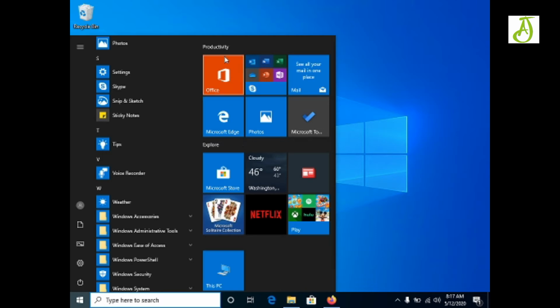The first two, that is productivity and the Explorer, are created by default from Windows 10, and the third section, where I have put this PC and other things, is the group which I am creating. That means Windows 10 is also creating the groups, and the user can also create groups for their convenience.